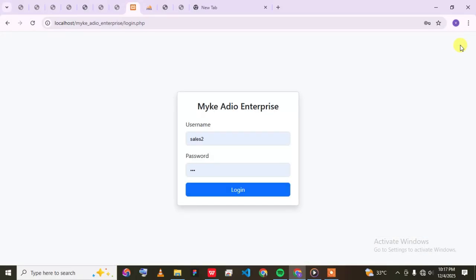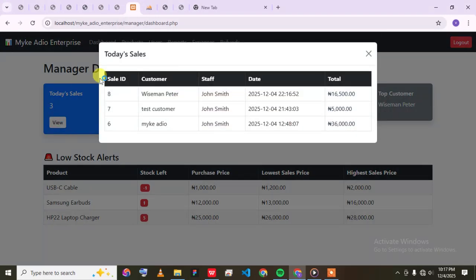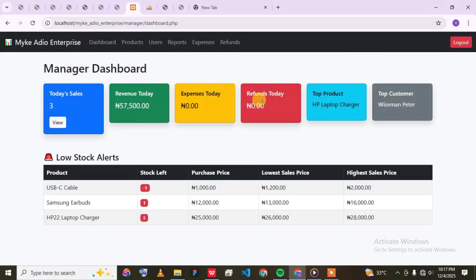Now this here is the user. Let me click here also. You can see today's sales. When you click on view, you see Wiseman Peter, the date. Look at the total things that I have bought, the total price. No expenses today. The revenue generated today is 57,000,